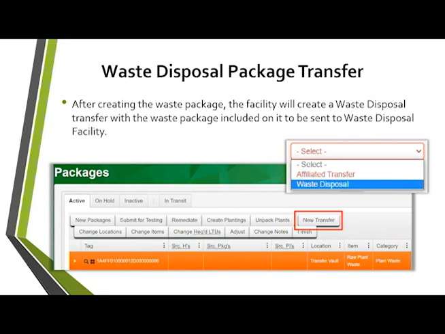So I believe we will have to go add that item. So we'll add that item here. And then basically what you will do is you will create a package. If you are wasting something out, create a package from the original package with just whatever you're throwing out. And then you will transfer that to another facility. So if we flip back over to the demo environment,